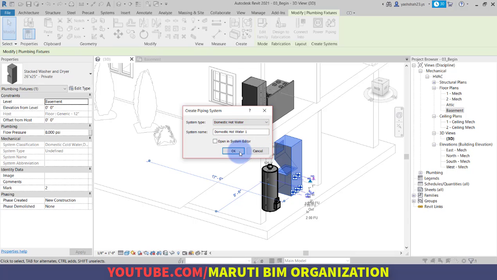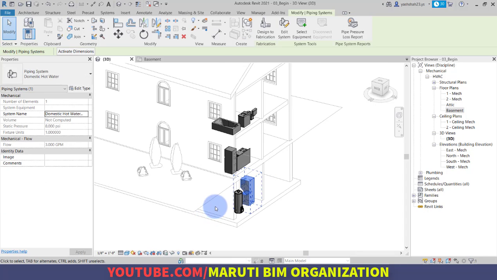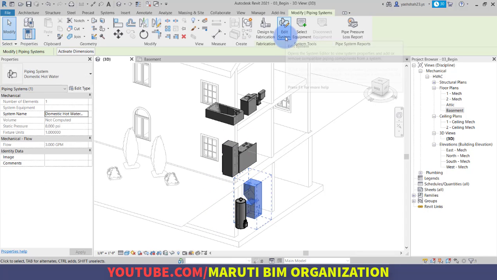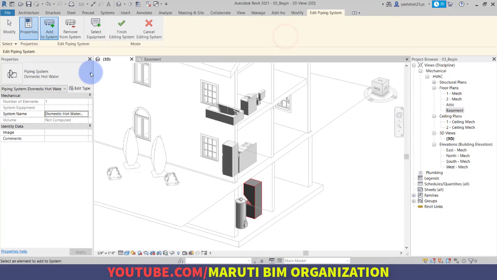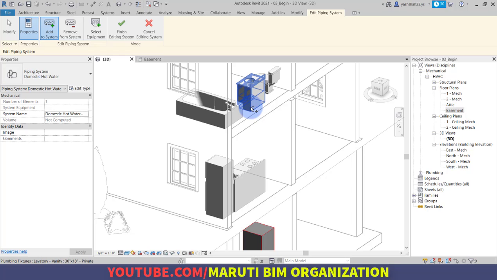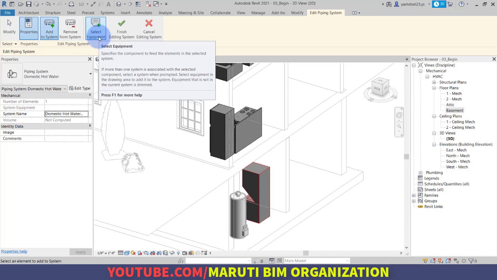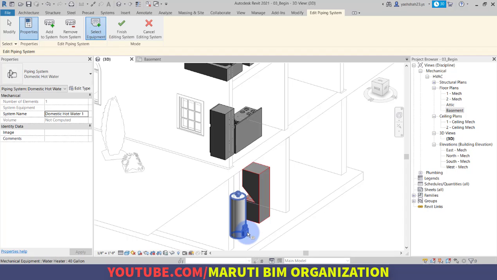Click on hot water system and click OK, then click on edit system and add to system. We will use the hot water system in the sink, bathtub, then the kitchen, and we will go to select equipment and select this water heater.